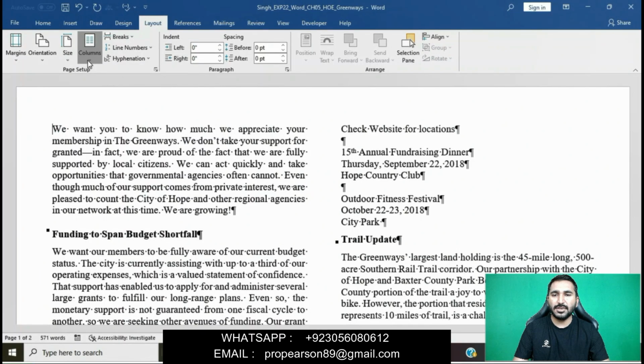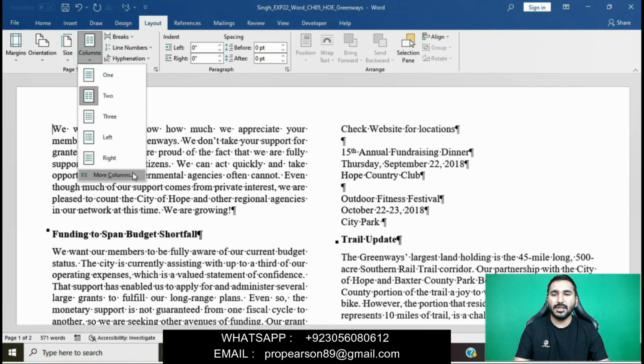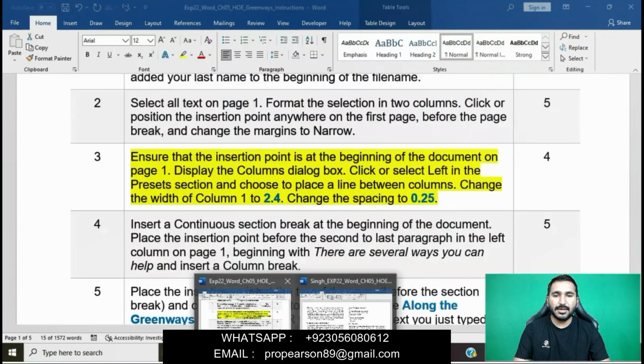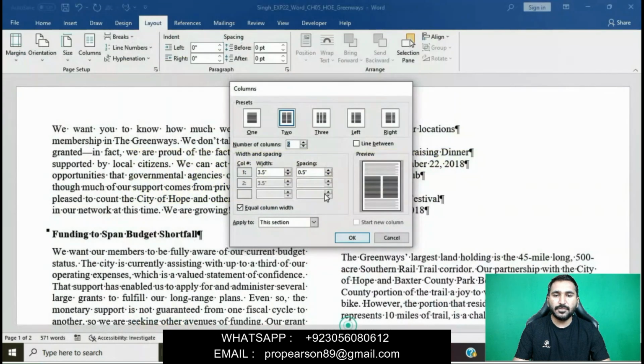The next point is that we will go to the columns. In the layout tab, go to the columns button, click on columns, click on more columns, and then display the columns dialog box. Click or select left in the presets.